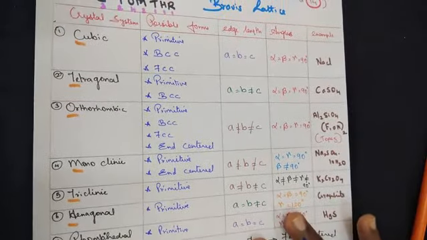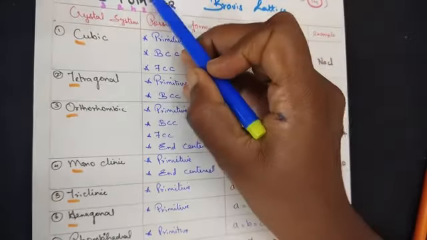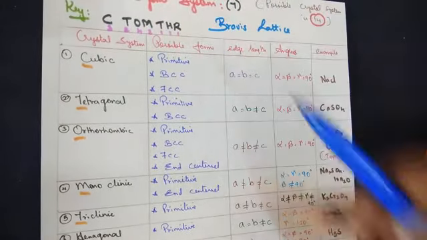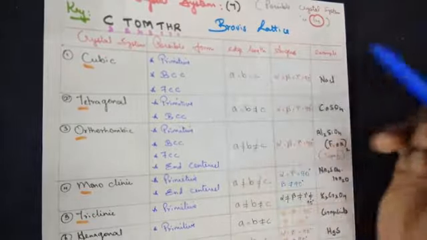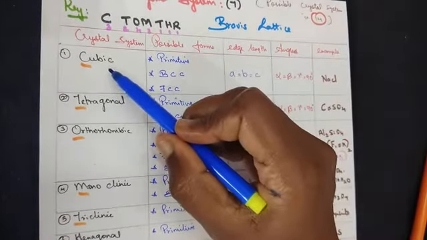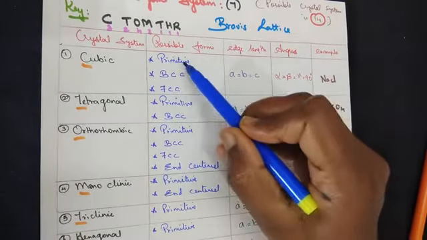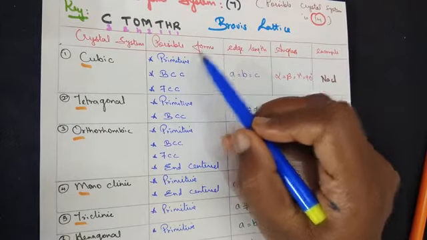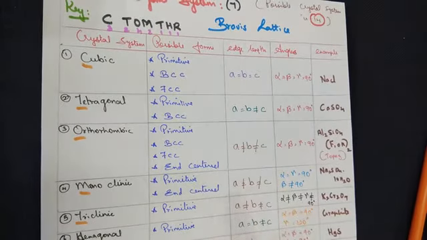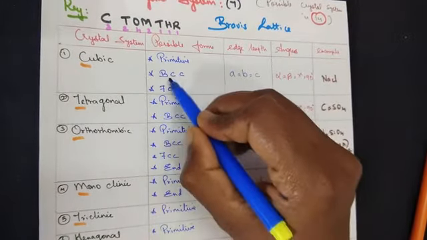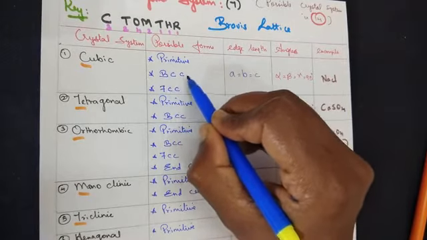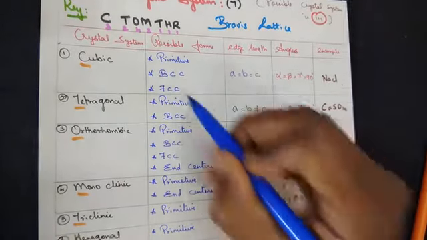Now the very important point. When we talk about primitive cells in crystal systems, there are also different possible forms for them. The cubic crystal system can exist as a primitive. What is the meaning of primitive? I told you, atoms or ions or molecules will be there only on the edges. They can also have a BCC, which stands for body centered cubic system.